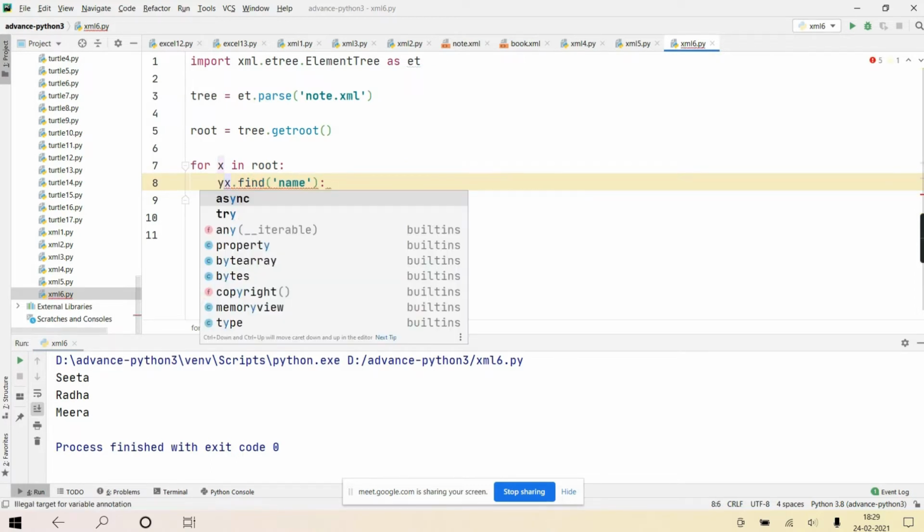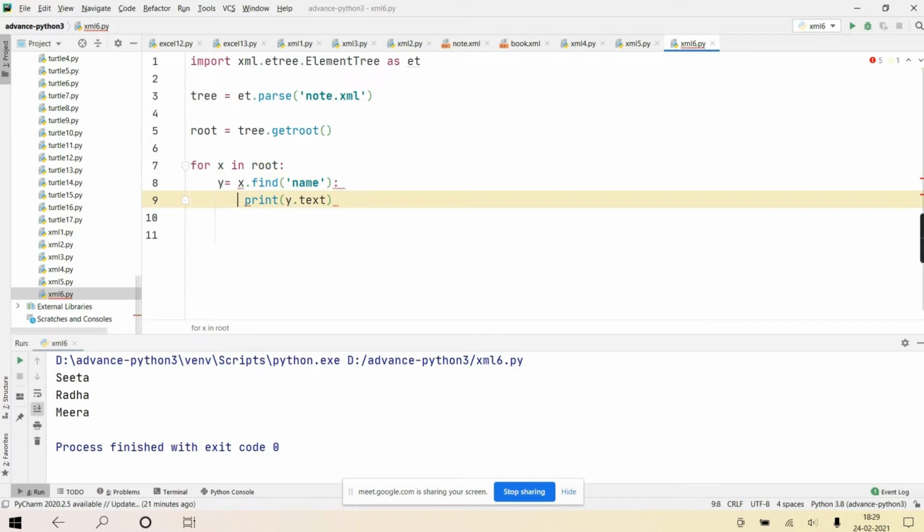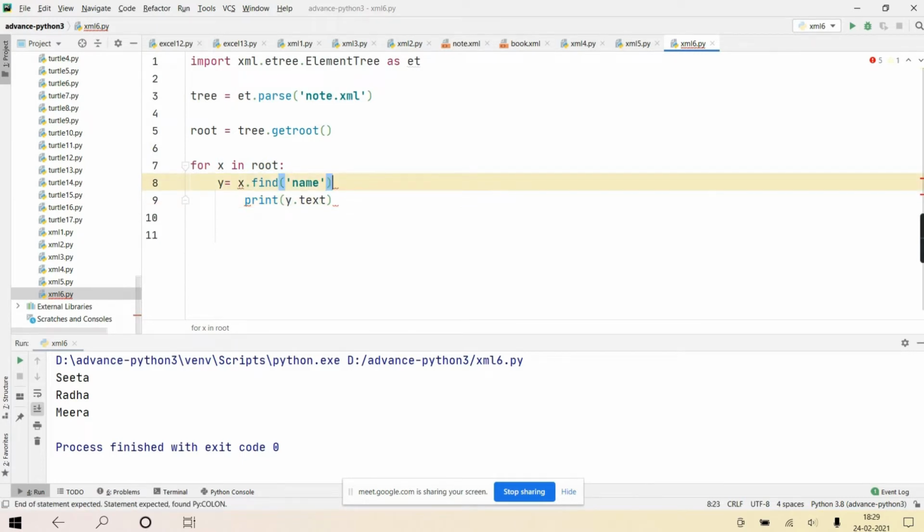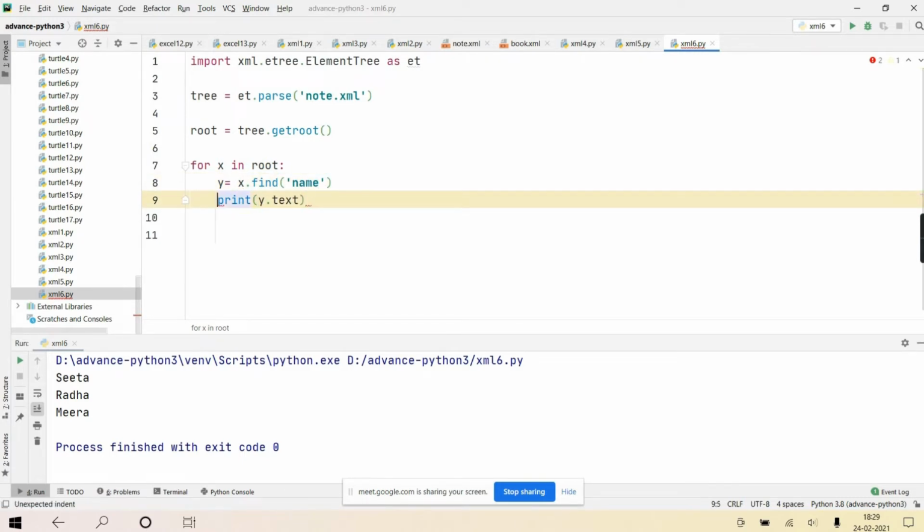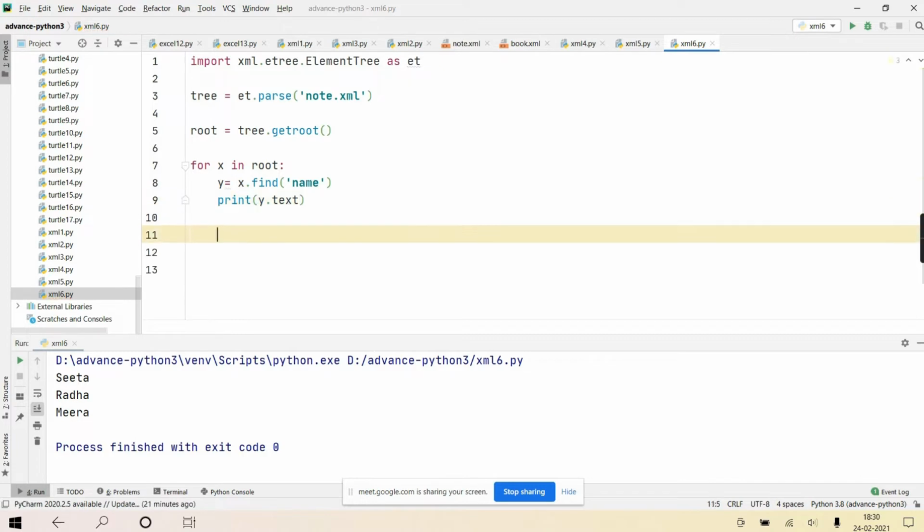So I can just write y = x.find('name') and then print that y's text. Now what does this code do? From root, will it fetch one child every time?